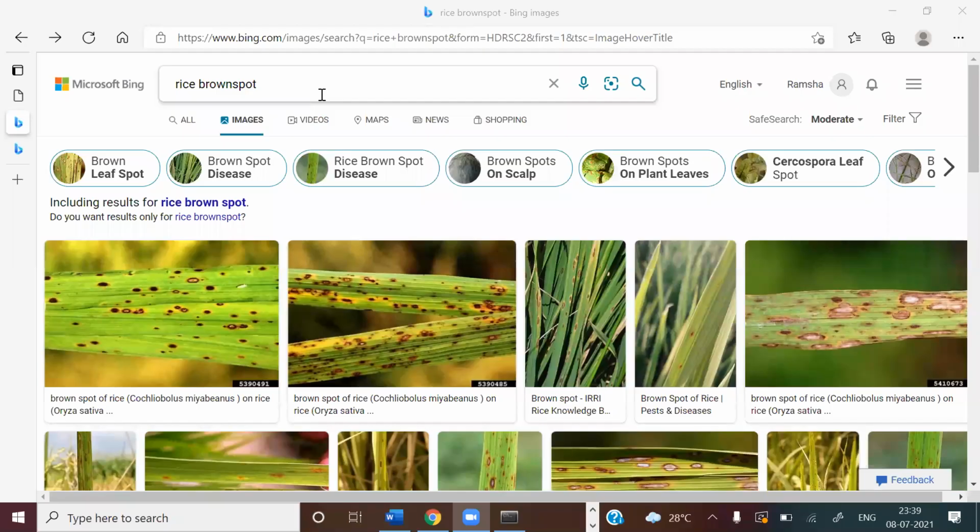Okay, so now we will test our model for some Google images.